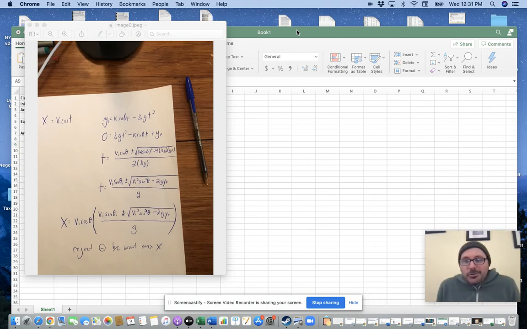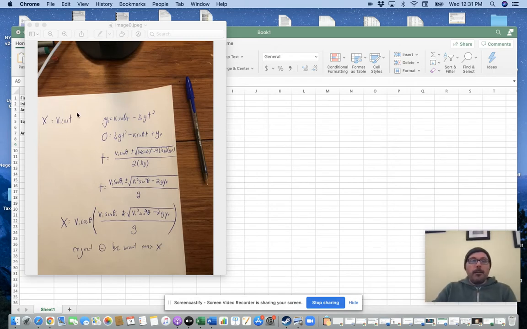So I wanted to show you an interesting way to do this maximum range problem. It's not an analytical solution. It is a computational solution that starts with some analysis. So what I did here was, as you can see in this picture, I took our two premise equations of motion. We're using that y initial and x initial are zero, so putting the origin at the launch point, and